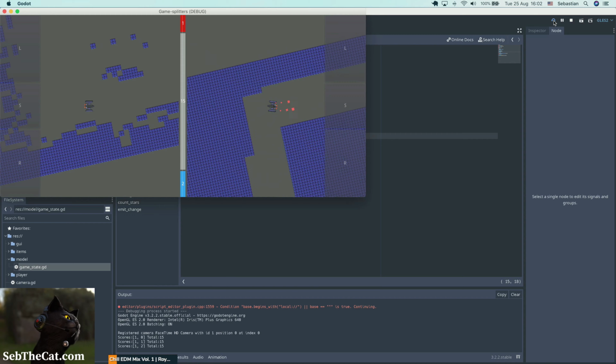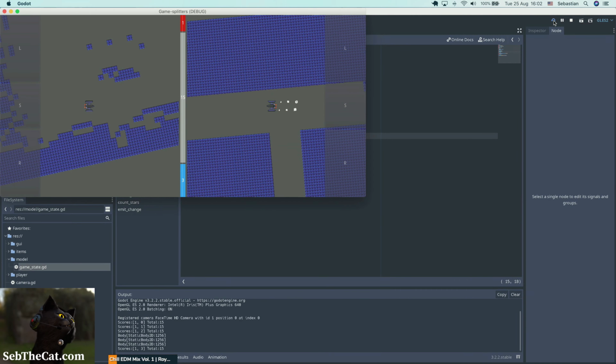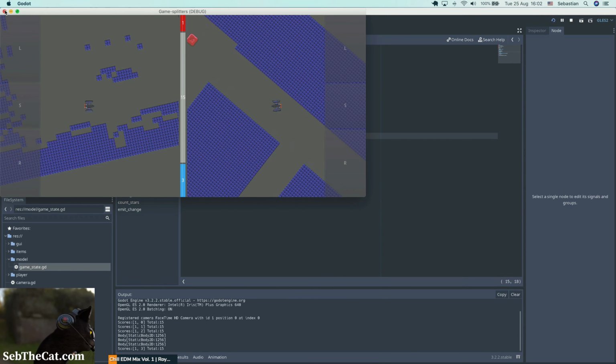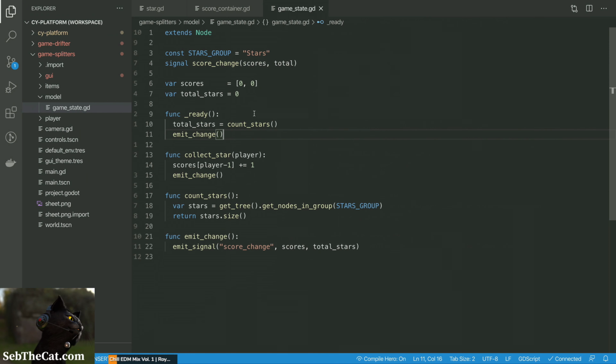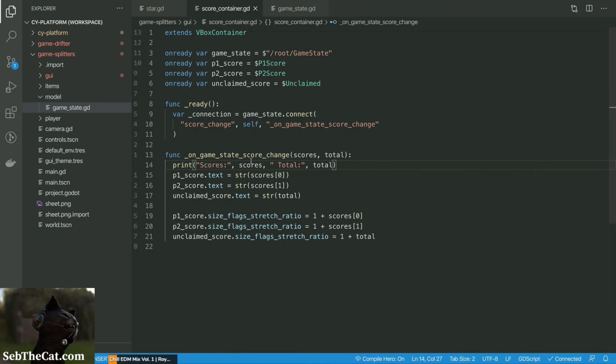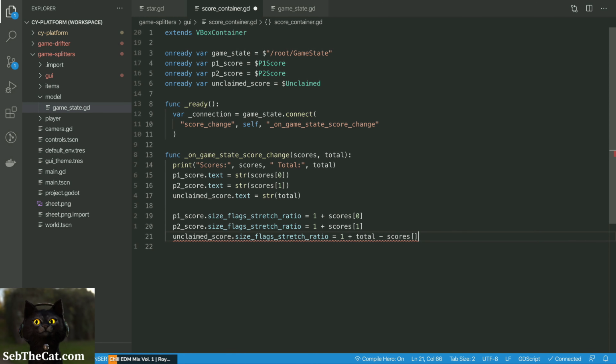okay, but we're not decreasing. Okay, so the total needs to decrease by the 2 scores. Okay, so let's just update that as well. So in the game state, no, the score container, blah, score container. Okay, so it's not really the total. It's 1 plus the total minus scores 0 minus scores